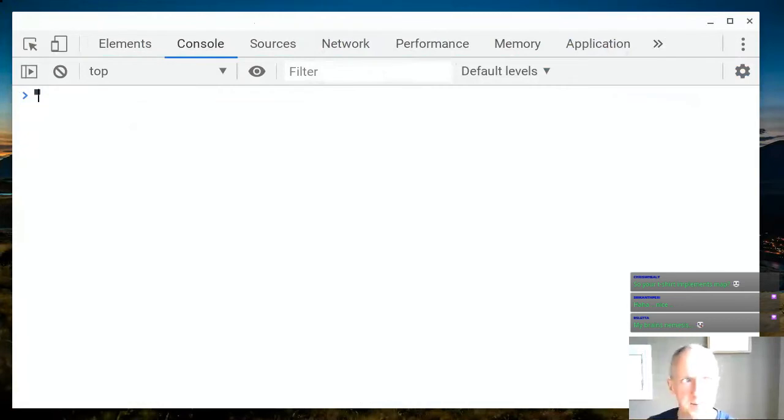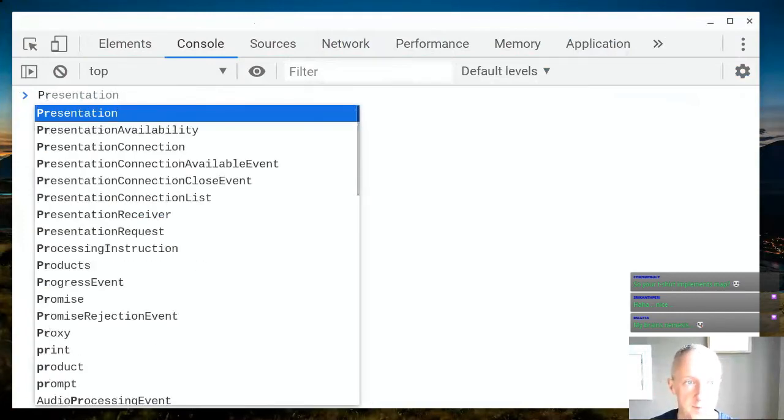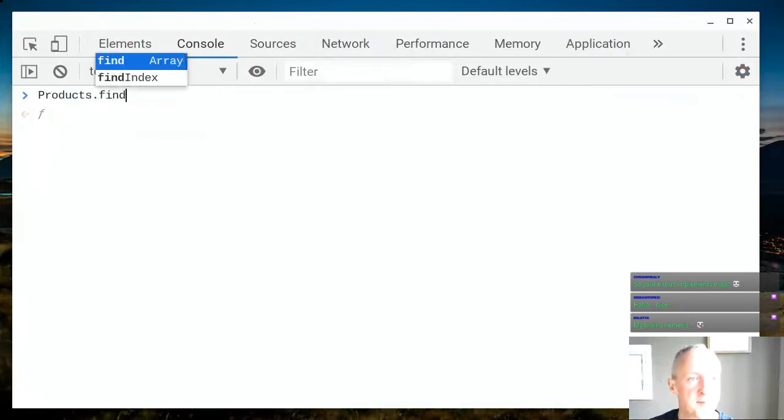Find's not bad, but find will iterate through the array until it's found what we're looking for. So let's say we got an array with lots and lots of items in, and it goes all the way through because the one we're looking for is right at the end, in terms of memory. So that's bad. That's what we want to avoid. But we can do that. Let's look at the products.find, and